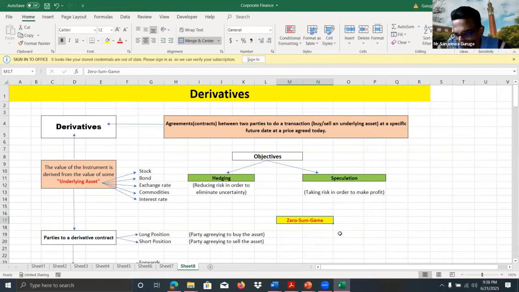Some derivative contracts, it's possible to enter, right? And the important thing here, when we are using derivatives, it should be used with proper understanding, right? Because all the risk should not be hedged. So the organization should do the proper evaluation, detailed analysis, and based on that only, the risk should be hedged, right? So that's why the derivatives should be used with proper understanding.